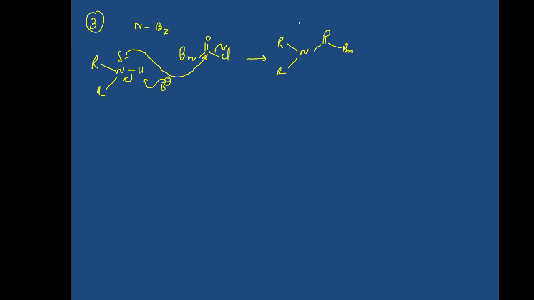Now again in this case, if you want to deprotect it, deprotection is brought about by H plus and what? Deprotection involves cleavage of this bond. We get back our amine. So this was the third type of the group. Now the fourth type of the group is